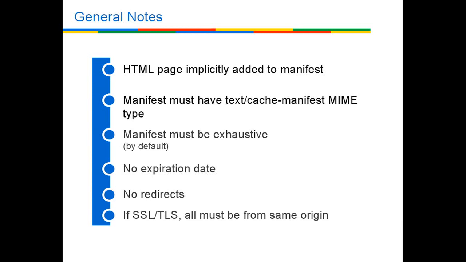And lastly, if it's an SSL/TLS page, then all of your resources must be from the same origin. You can't access, like, images on Google user content or blogger.com or gstatic.com. It all has to be on whatever domain name your application is actually running on. I'm sorry, actually just the same origin, and all the usual policies that entails. So any questions so far? This is just the bare basics. I'm going to get into more detail, but